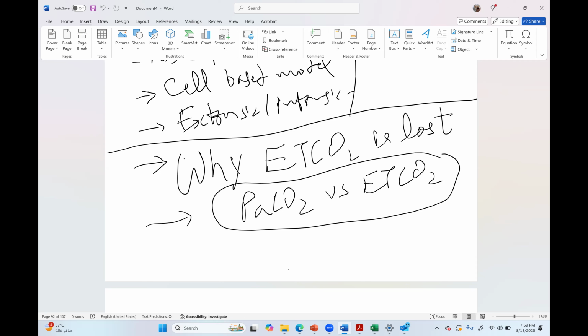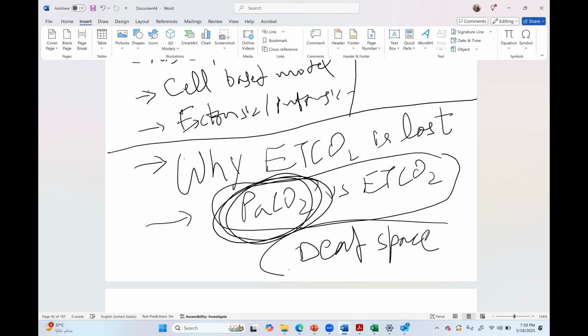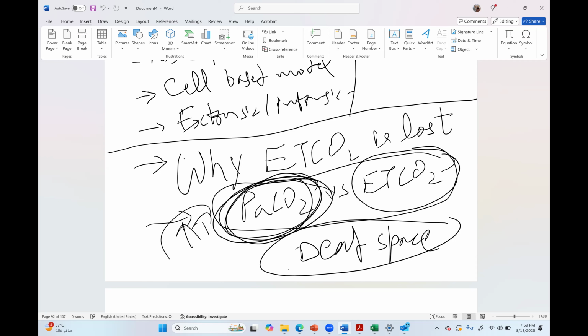So you are caught. Actually, what happens when there is no blood going to the lungs? There is no exchange. So in the blood, PaCO2 will increase. Because there is no exchange, it's like a dead space. As there is no exchange of gases, no CO2 goes out. So that's why end-tidal CO2 will fall, but in the blood, PaCO2 will be very high, because CO2 is not washed out.